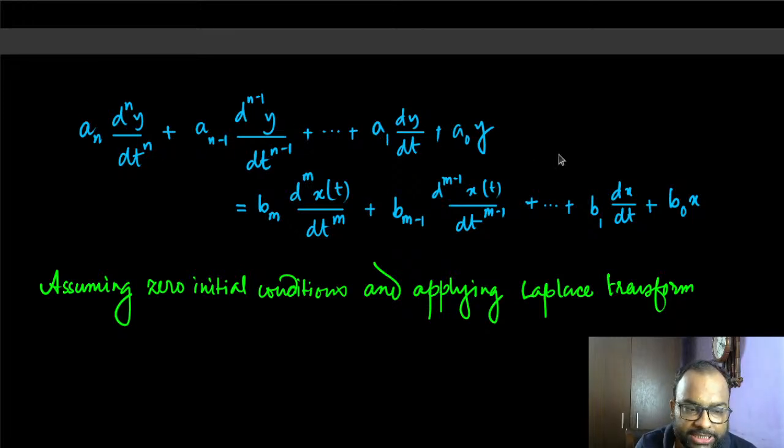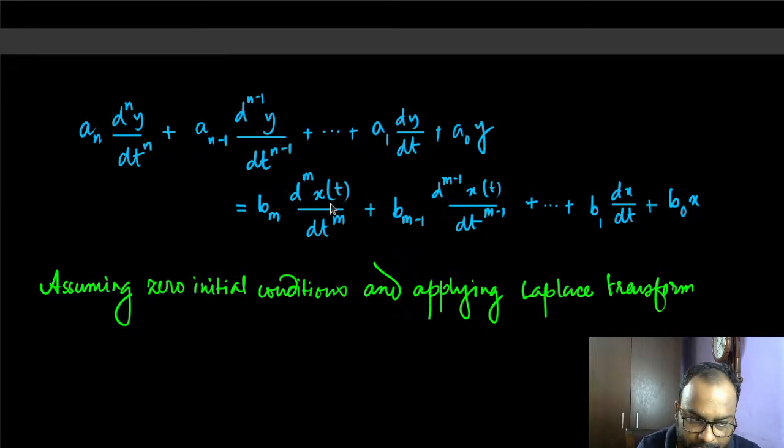If any of these coefficients is dependent on time, is a function of time, then the system becomes time variant. Similarly, if any of these terms are dependent on x or y,